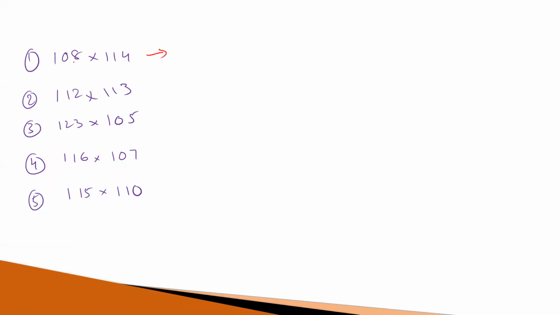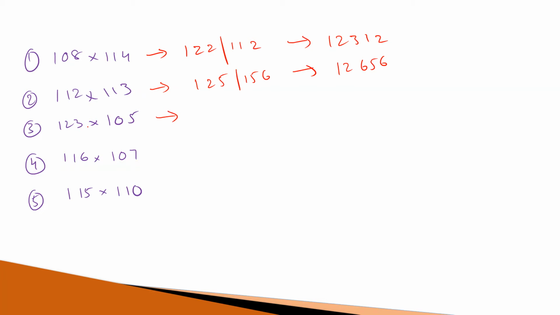Observe carefully. This is equal to 108 plus 14, 122. What is 8 14 times? That is equal to 14 10 times 140 minus 28. That is equal to 112, right? So just add 1 to this number. 12312 is the answer. Now, what about this case? This is equal to 125 and this is equal to 156. Just add 1 to this number. 12656 is the answer.